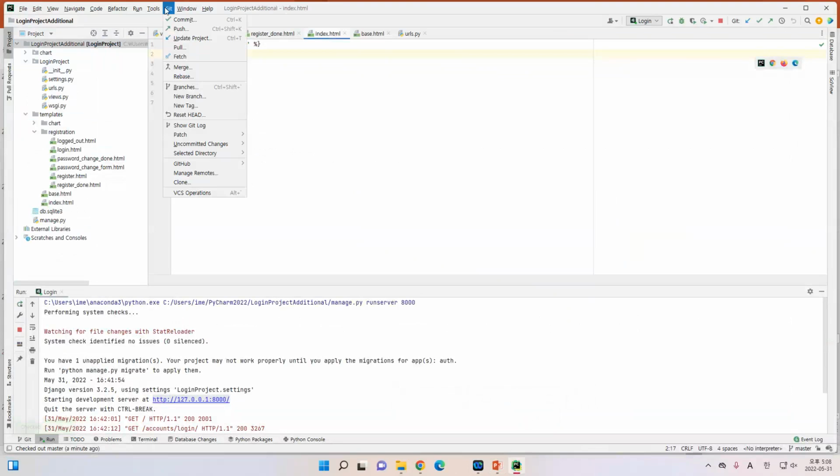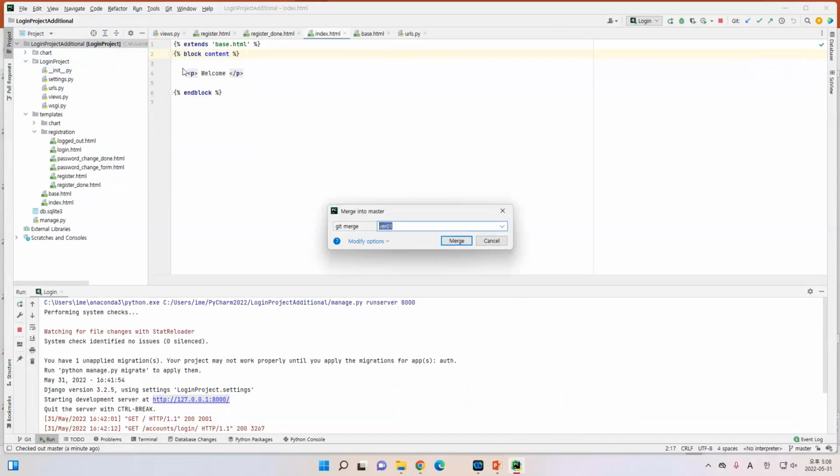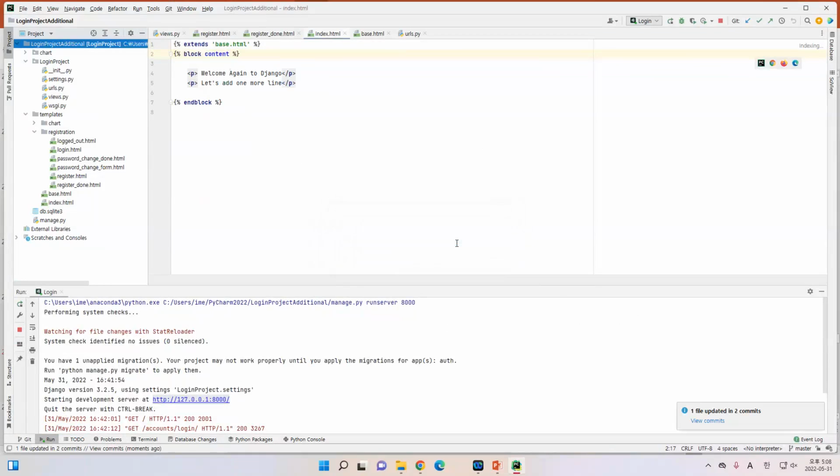So you can go to Git, and then I'm going to merge. Let's say you have your original, and then I have the new version. I'm going to merge it. What is the version that you are going to merge? Okay, I will merge with the version 01. So I'm going to merge it, and